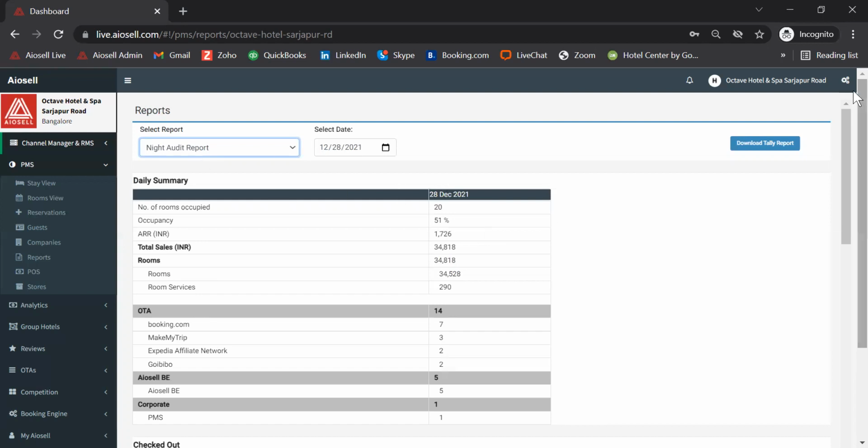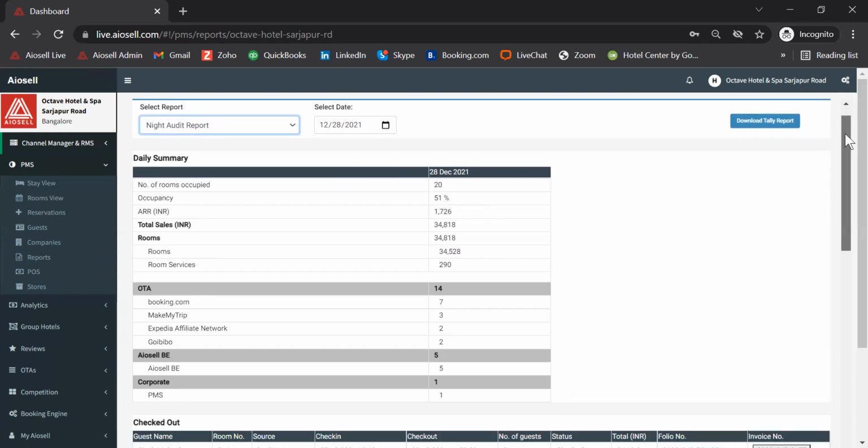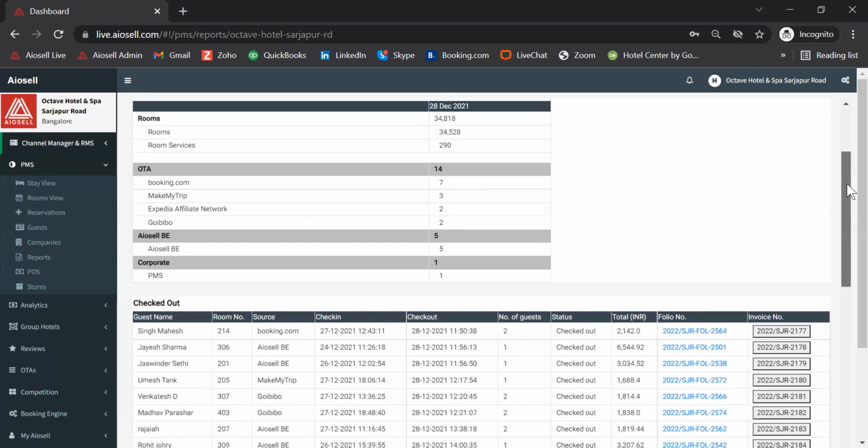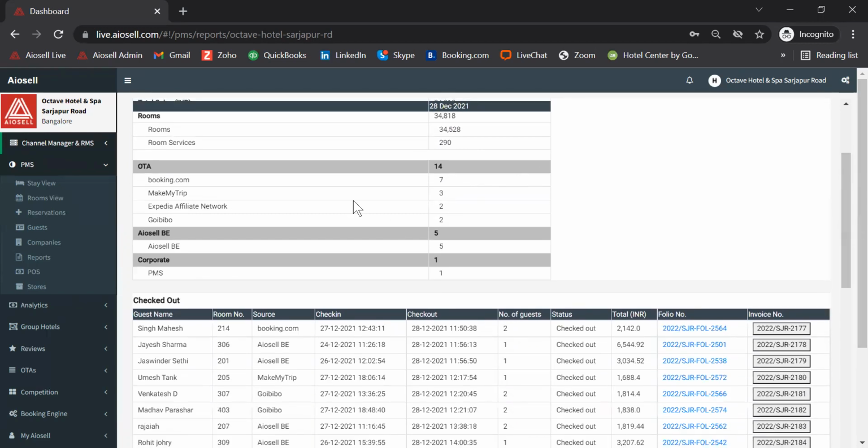And then the hotel will receive a night audit report, which will cover the entire summary of the previous night's performance, including the occupancy percentage, the ADR, the sales, the breakup of the sales into what was the room revenue, what was the food and beverage revenue, and what were the sources of the bookings. So, how much have we picked up from corporates, booking engine, or the website, as well as the various OTAs.